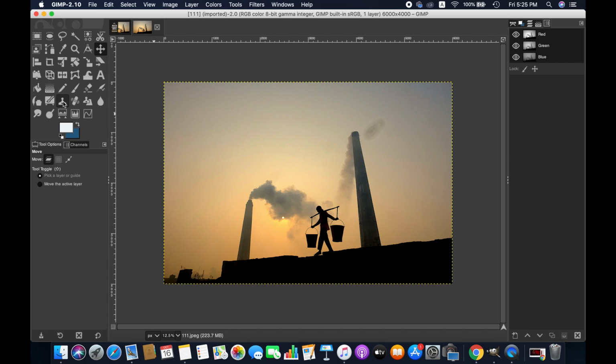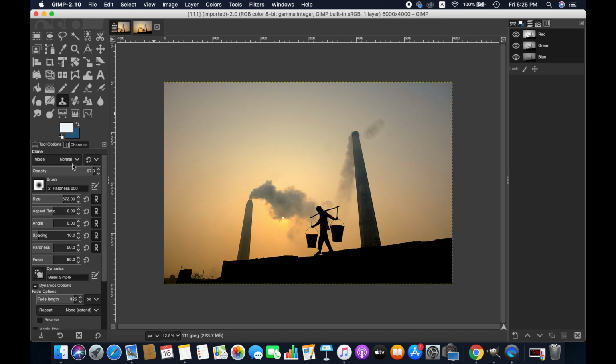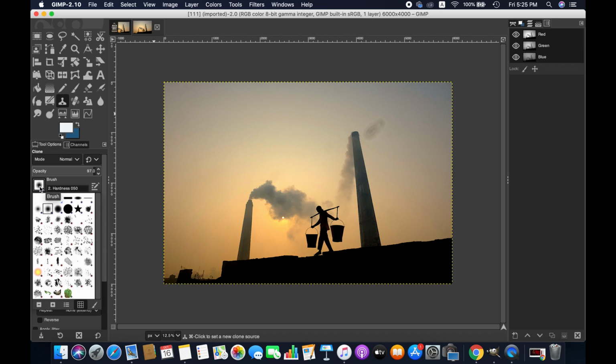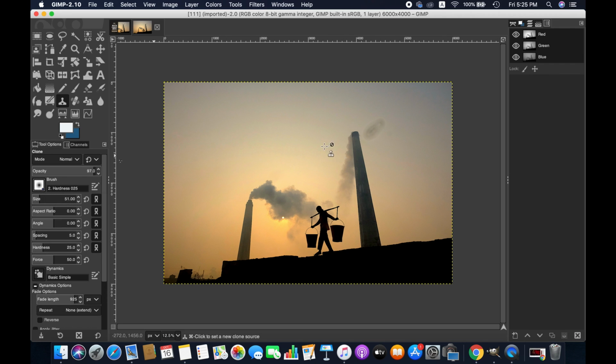So click on the clone brush tool and then you will have a dialog box like this. You can customize your brush. At first you will have to select the right brush for removing the spot. So I am going to select this one. Since we have a soft spot around here, I have chosen the softer brush, and then we'll have to increase the brush size since the spot is a bit bigger here, and then also we'll have to increase the hardness of the brush to around 90.